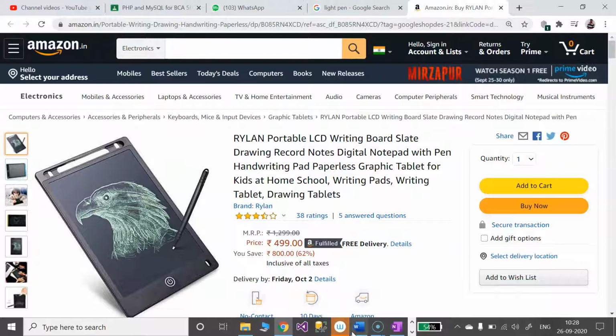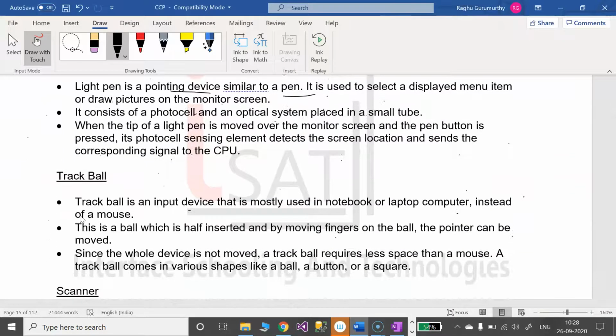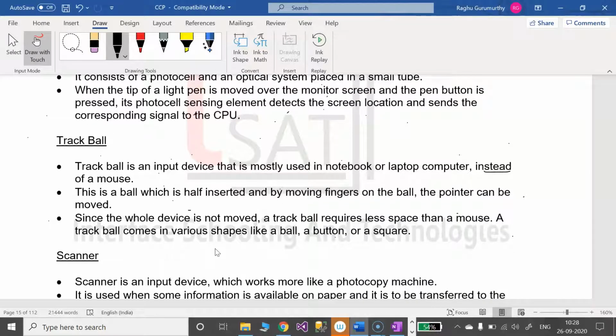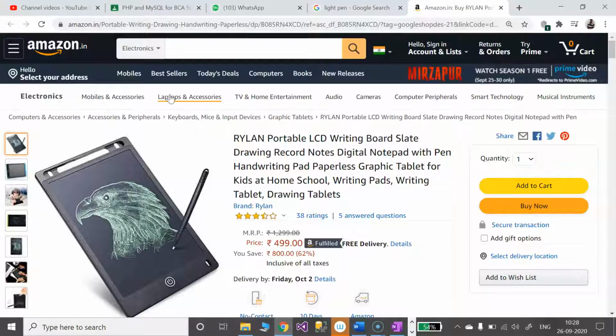Later, what we have is the trackball. Instead of a mouse we may use a trackball. See, this is a ball which is inserted, and by moving fingers on the ball, the pointer can be moved. Better we look at it.